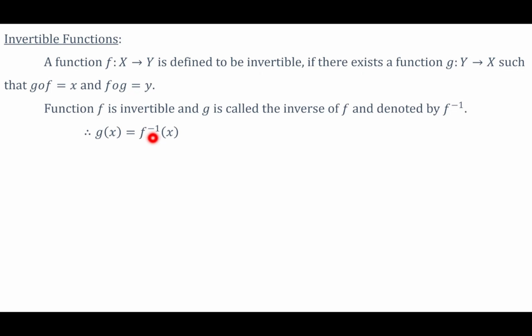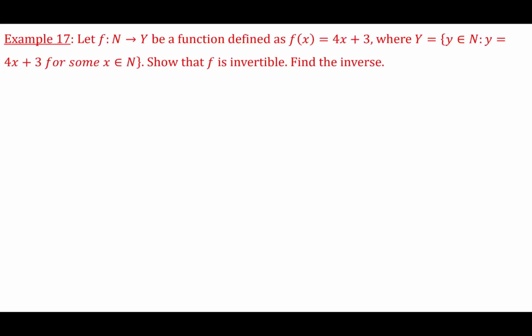G of x is equal to f inverse of x. Note, a function is invertible if and only if it is bijective. Bijective means the function must be one-one and onto. Question 17. Let f maps from N to Y be a function defined by f of x is equal to 4x